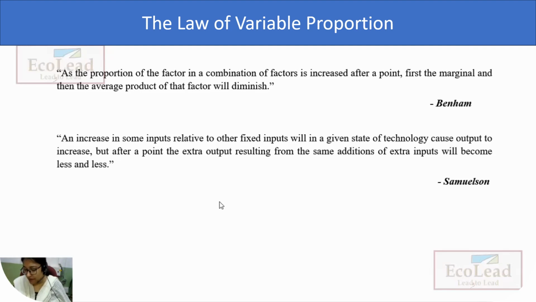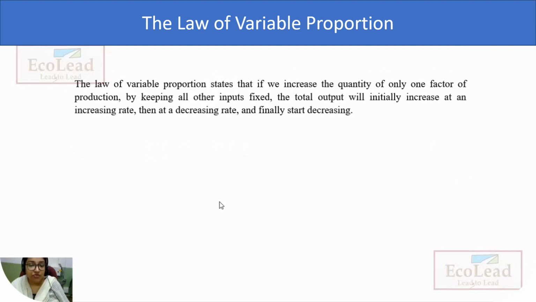If we combine all the definitions, then we can reach a concluding definition like that. What does the law of variable proportion state here? The law of variable proportion states here that if we increase the quantity of only one factor of production,